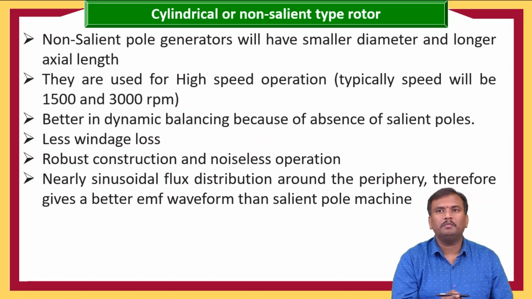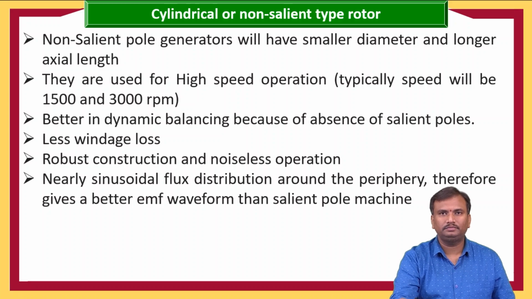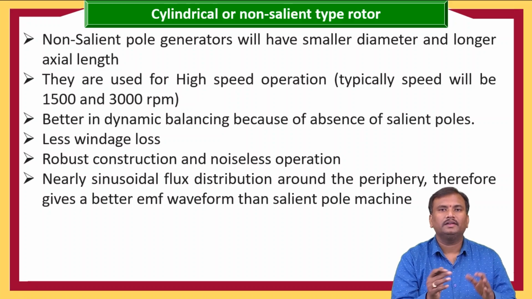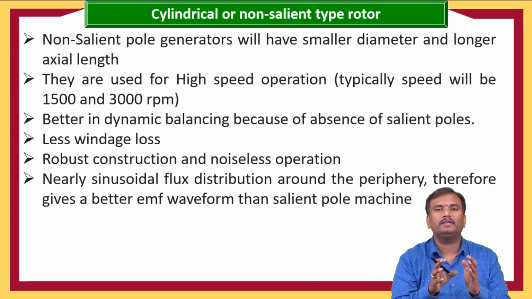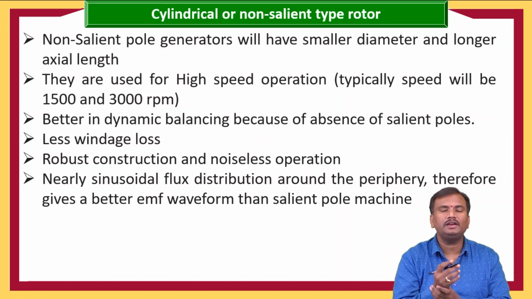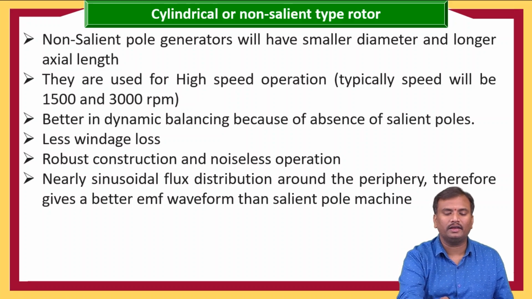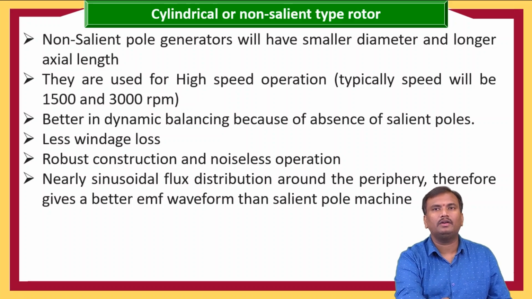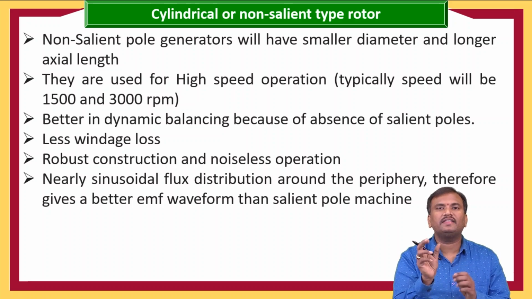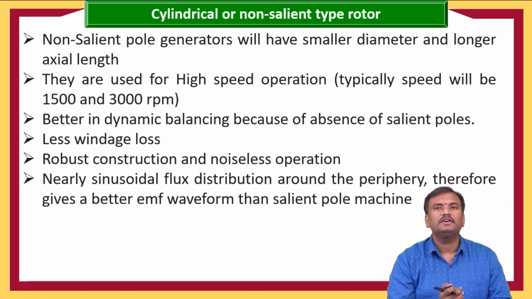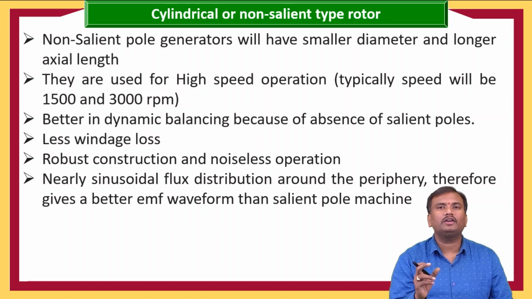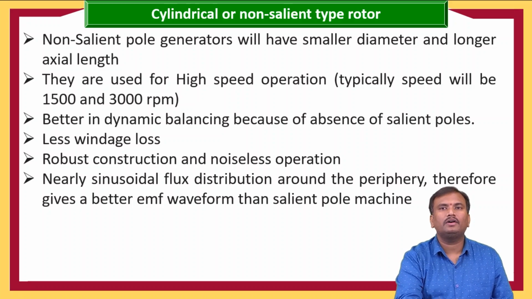dynamic balancing because of absence of salient poles, because the mechanical imbalance will be there, because when there is a non-uniform distribution, that will be balanced in the cylindrical rotor. And here we are going to have less windage losses. Here the air gap is very less. When the air gap is less, we are going to have less windage loss, and which is going to have